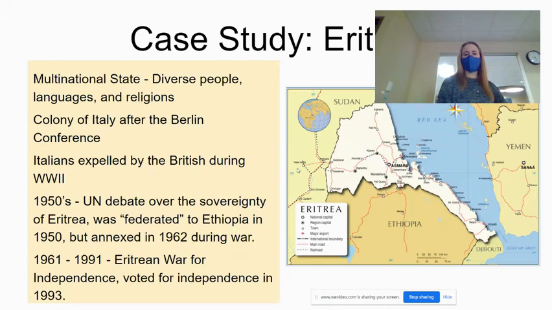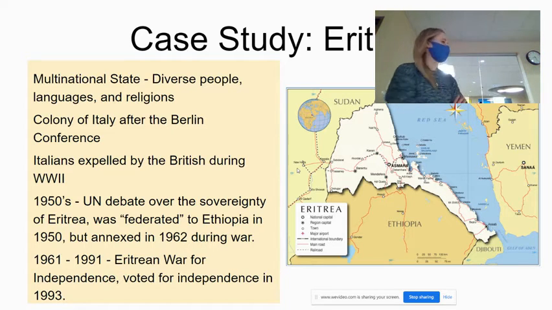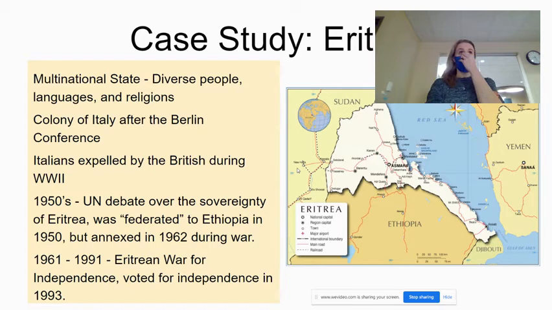Okay, one other case study that you need to know, and once again, for these case studies, you really just need to be able to identify this fact that certain types of pressures, devolutionary pressures, are causing either the breakup of a state or the independence of a state. And another very brief example that we're going to talk about, and then like I said, you're going to be looking at some of your own, is Eritrea.